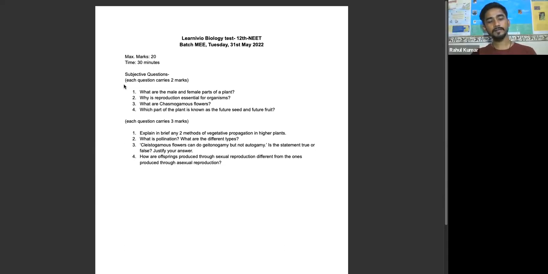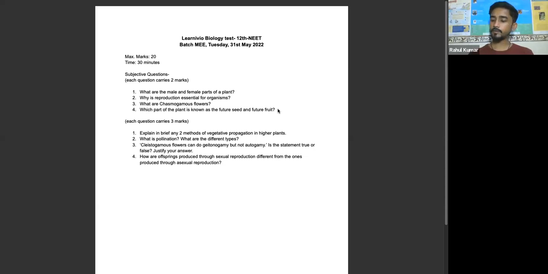Write the best answer you can. If it's a 2-mark question, try to stick to the point. Do not beat around the bush a lot. Write exact words which are important for answering. If it's a 3-mark question, you can elaborate a little, and wherever you think you can explain better with the help of a flow chart or a diagram, do that. Though I have not included any diagram-related questions specifically, you can use flow charts to explain certain things if you wish. Okay. Any doubt, Nida? No. Okay. So Nida and Aisha, all the best. Please complete the test, and I would encourage you, attempt all the questions, do not leave questions. This is a strategy you should follow for your boards and school exams as well. Leaving a question is a sure shot